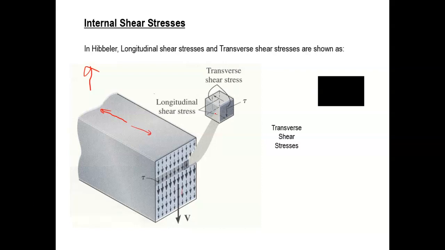So in other words, if I want to find this one, which is difficult to find, I can simply find this one, because I know that this is equal to that. These are like pairs. So think of the couple. A couple is only defined when you have two forces of equal magnitude in different directions. So think of this as a couple. You won't have shearing stress here without having shearing stress over there. Otherwise, the shape won't